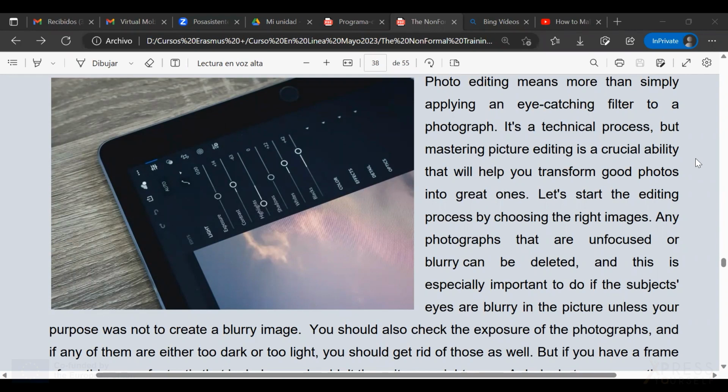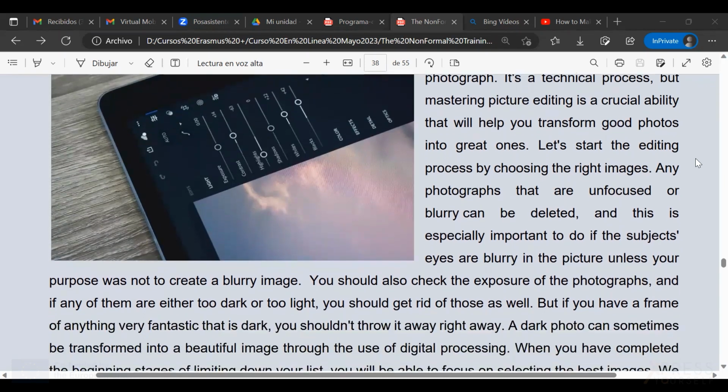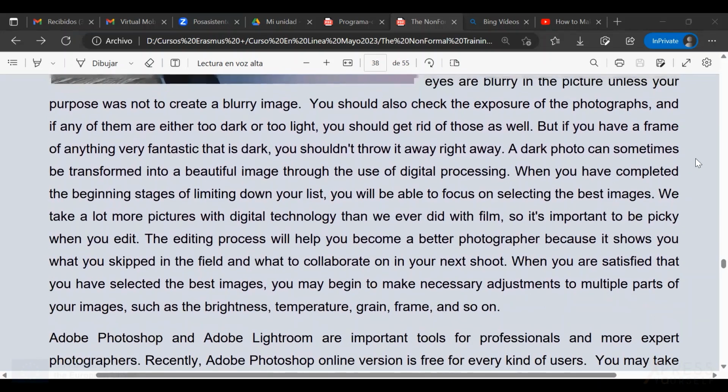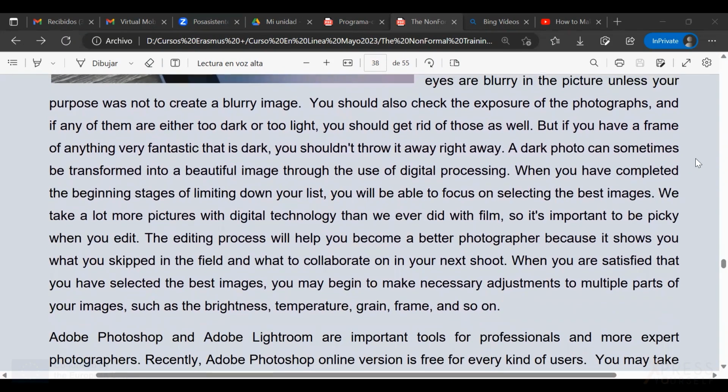We talked about this yesterday, and if any of them are either too dark or too light, you should get rid of those as well. But if you have a frame of anything very fantastic that is dark, you shouldn't throw it away right away, because a dark photo can sometimes be transformed into a beautiful image through the use of digital processing.